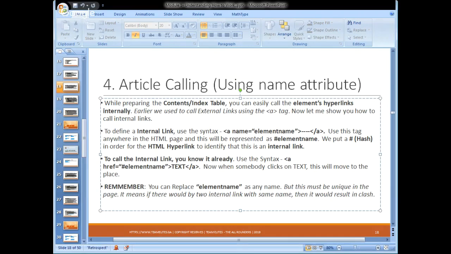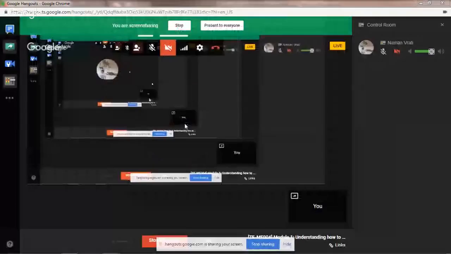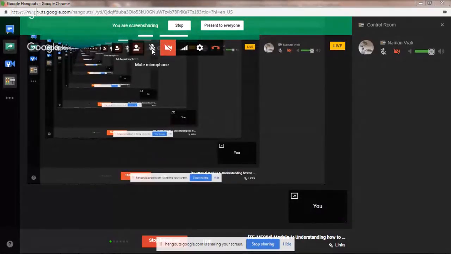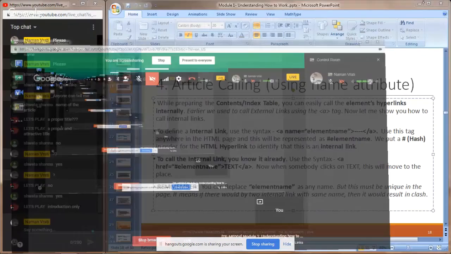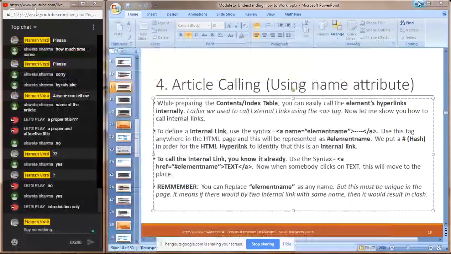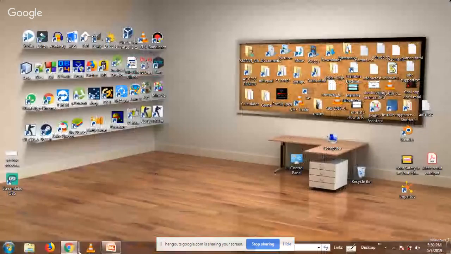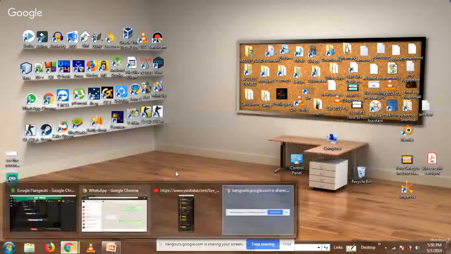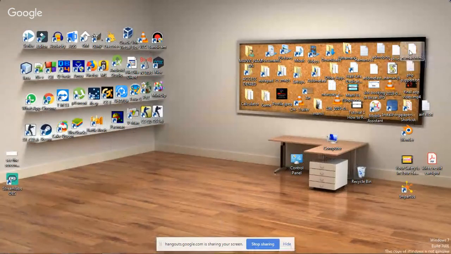I would like to show you with a live example. Now I will change my screen mode. I hope you are getting my screen, right? So now let me show you what internal linking is.